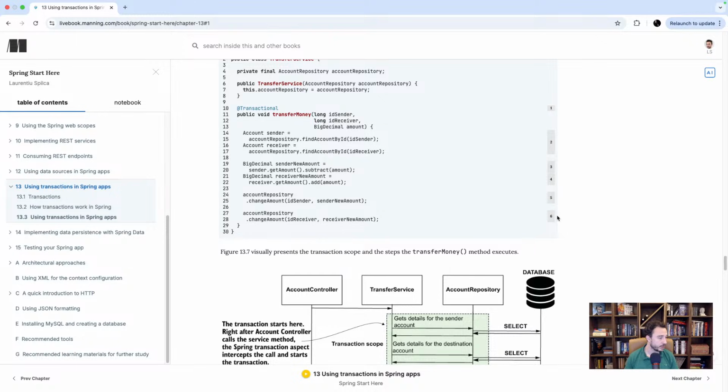Question: if I put rollback for IO exception, will Spring also roll back for runtime exceptions? Yes. If you use rollbackFor and enumerate whatever checked exceptions, that means Spring will roll back for IO exception and any other enumerated checked exception, but will still roll back for all the runtime exceptions. If you have a null pointer exception or an index out of bounds exception or even a generic runtime exception,